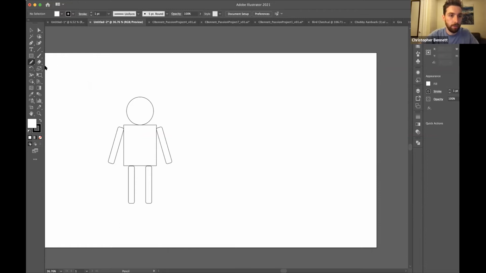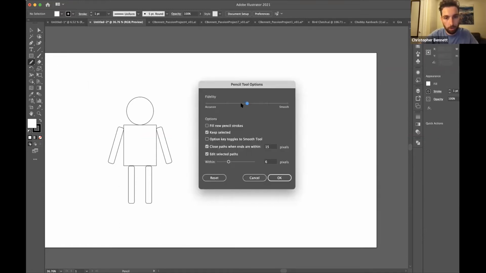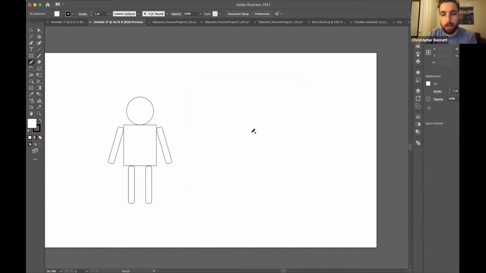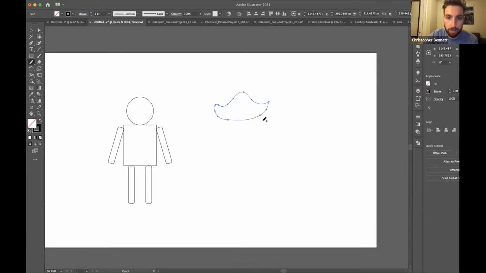And if you double click the pencil tool, you'll be able to pick how accurate or how smooth you want your strokes to be when you're using your mouse or trackpad, or if you have a Wacom tablet, that as well. So I know a pirate hat, I'm going to choose in the middle here. And I know a pirate hat has a nice kind of triad type thing going on. And it's more of a newspaper cap, but,